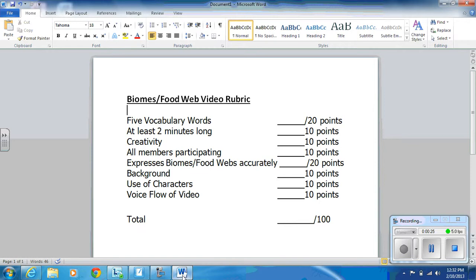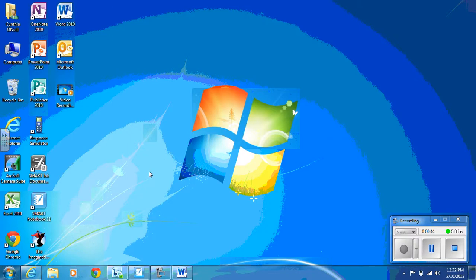I had the students write this rubric down so that they knew exactly what they needed to do in order to earn a 100 for their video. You are more than welcome to use this rubric, or you can change it and modify it to make it work for your kids. All right, once your students have created their backgrounds and their props and their scripts for